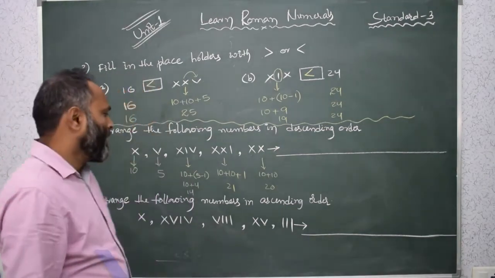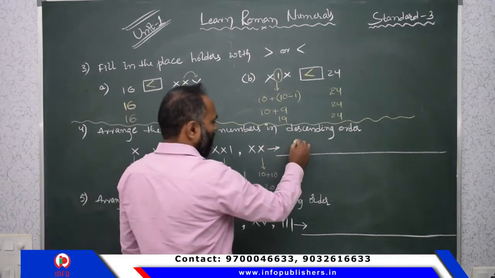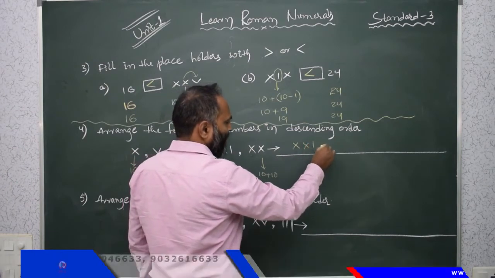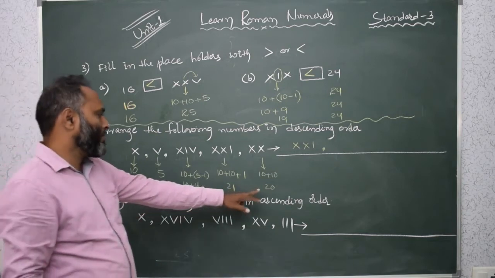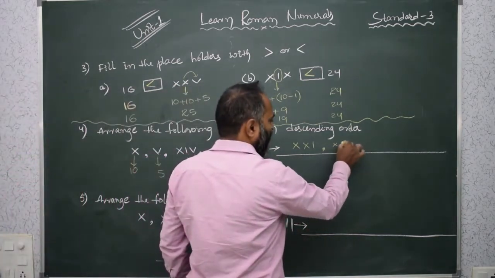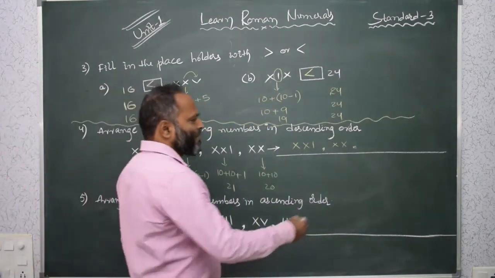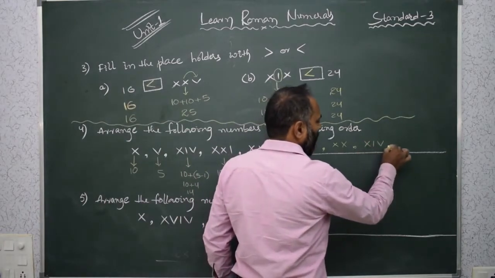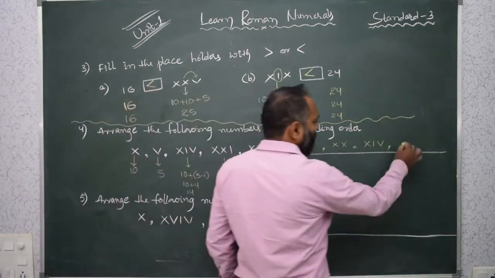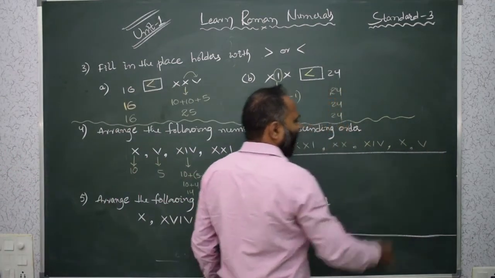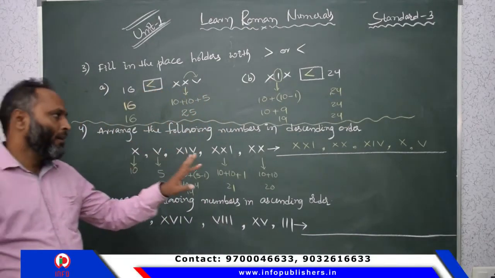So which one is bigger? 21 is bigger, that is XXI. Then a little bit smaller than this is 20, that is XX. A little bit smaller is 14, that is XIV. Then 10, that is X. Very small is 5, that is V. In this way, whenever Roman numerals are given and we are asked to write in descending order,